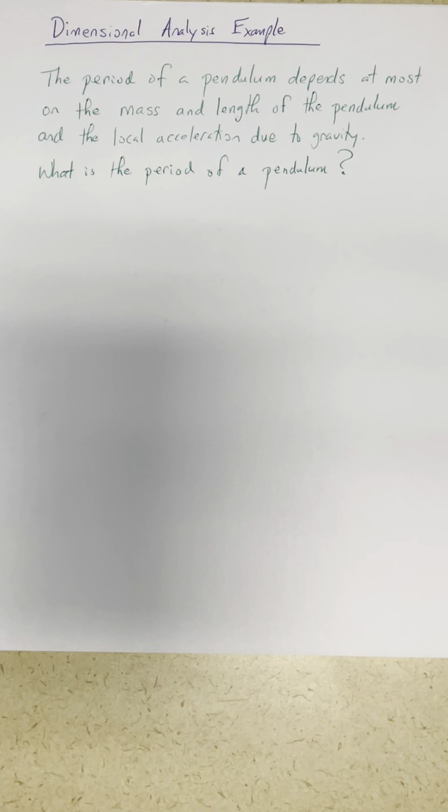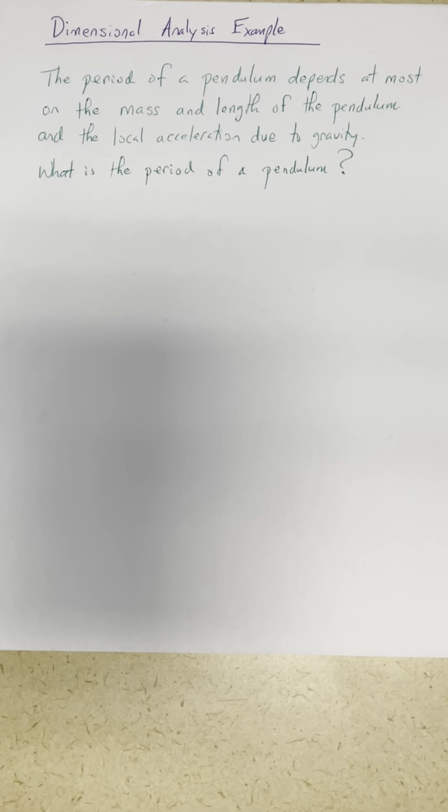I'm going to talk about an example of using dimensional analysis to figure out what a relationship has to be in physics just based on what units you're measuring things in. So this is a classic example, the period of a pendulum, so a mass on a string that's just swinging